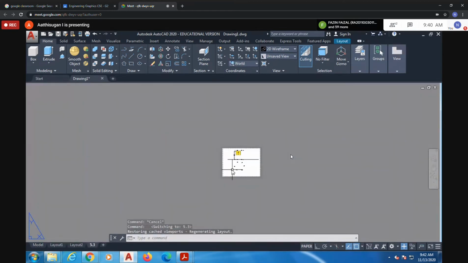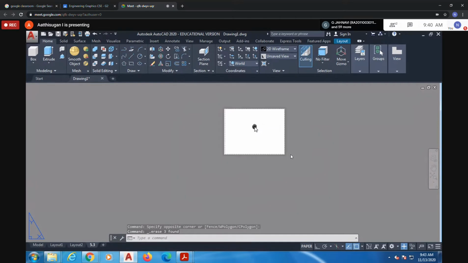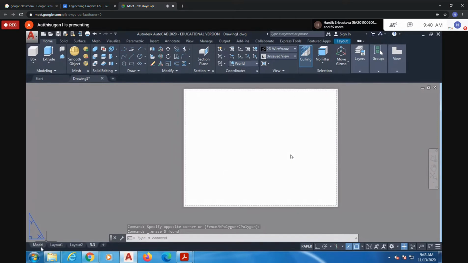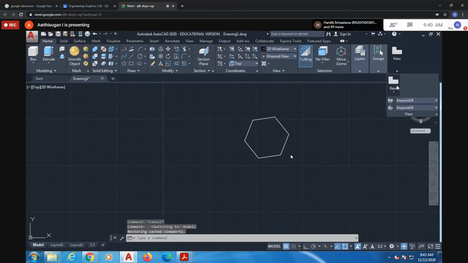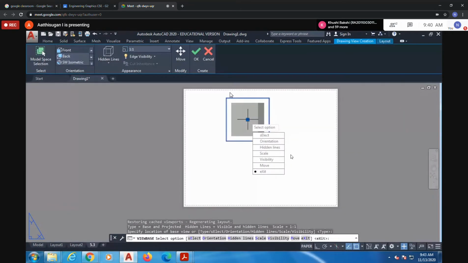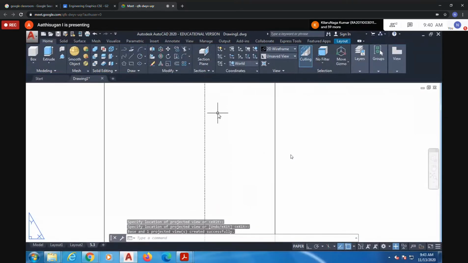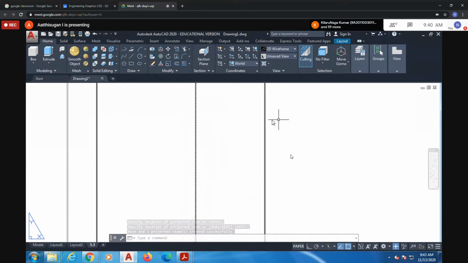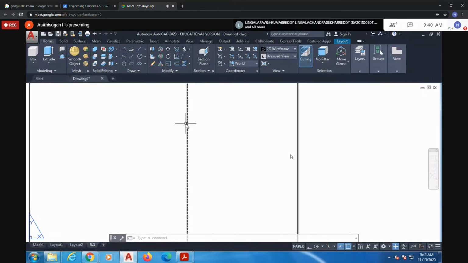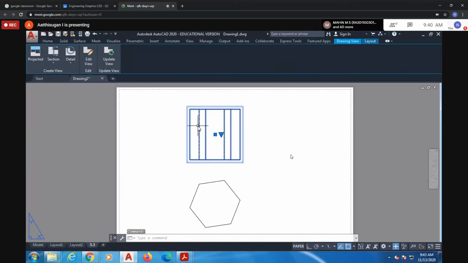So there is this one. So similarly, this line you have to give X, Y, and R. Same layout, only I'm moving. This may be your front view, then top view. Now see, when I'm zooming, see this line, the line difference is there now. So this is coming dotted. Okay, so this also will come dotted.